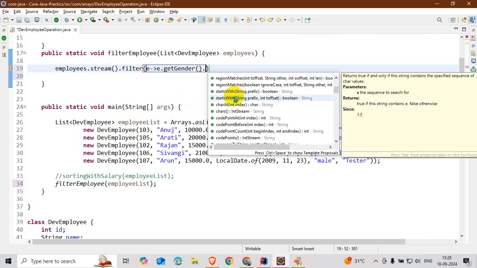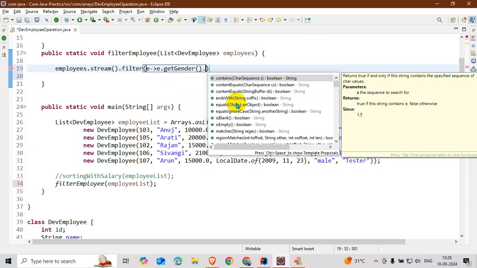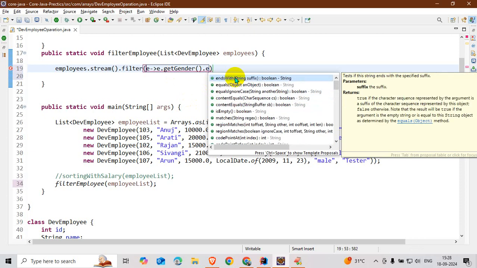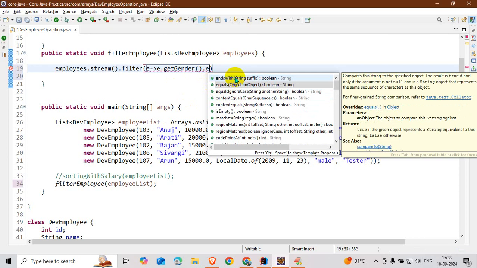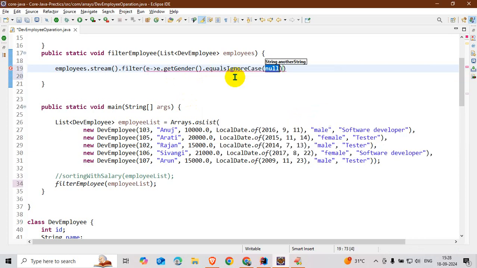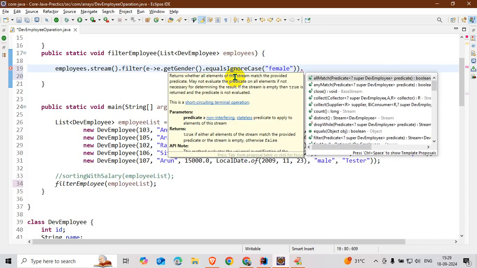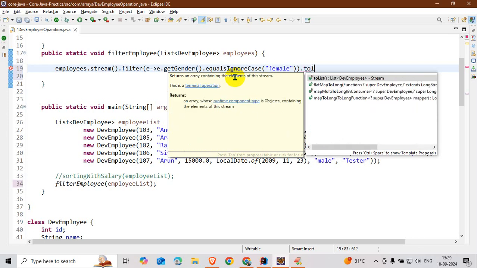We call the equalsIgnoreCase method, passing the string female. And here we collect the objects with dot collect, Collectors.toList.